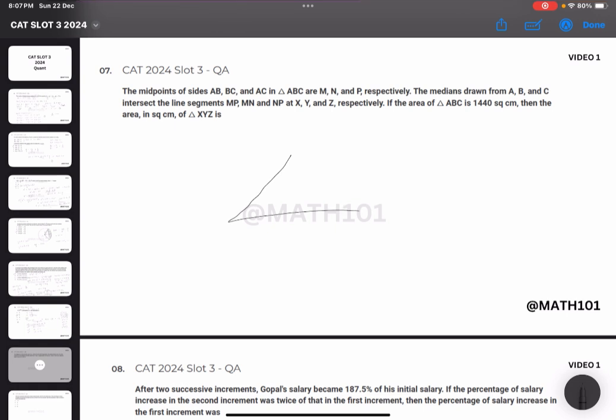The midpoints of sides A, B, C are M, N, and P respectively. The medians drawn